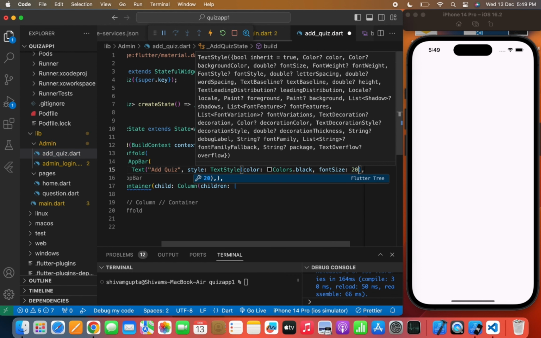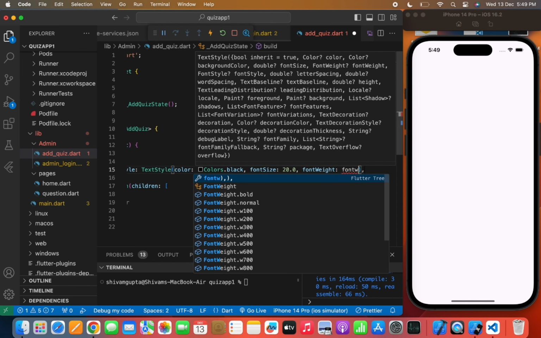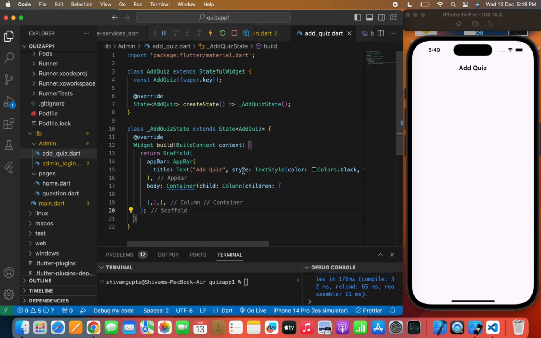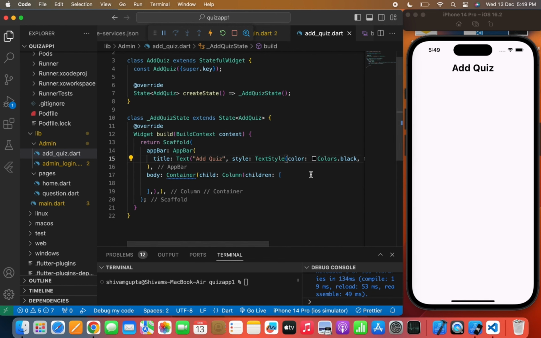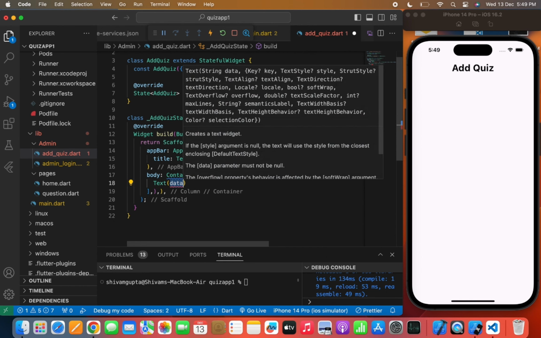So I will write appBar, title, Text, and in the text I will write "Add Quiz". Style: TextStyle, color: Colors.black, fontSize 20.0 and fontWeight bold. Let me increase the font size, so we'll make it 30. In the column widget I will write Text